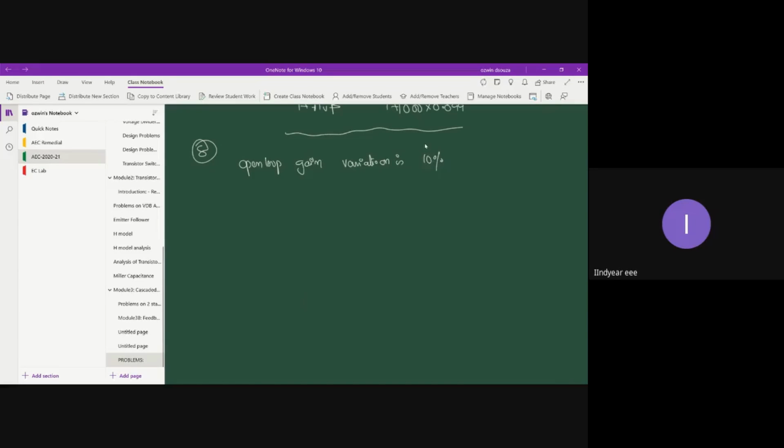So open loop gain variation is 10% due to changes in temperature. Using such an amplifier, design a feedback amplifier such that the closed loop gain of the amplifier is 450 plus or minus 1. So they are asking you to design an amplifier